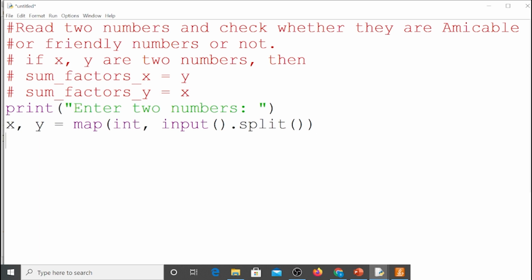Now, after reading these two numbers, we have to find the sum of factors of x. So, initially it is 0, and we have to find the sum of factors of y, which is also initially 0. So, after initializing the sum variables, let us find the factors of the first number and add them up. For that reason, let us take a loop for i in range of